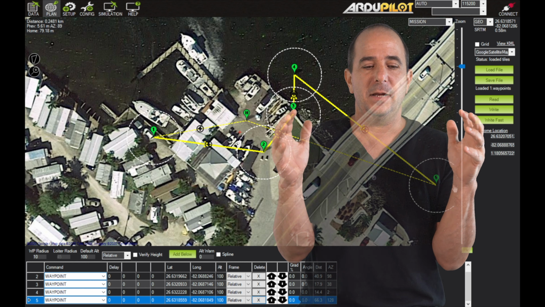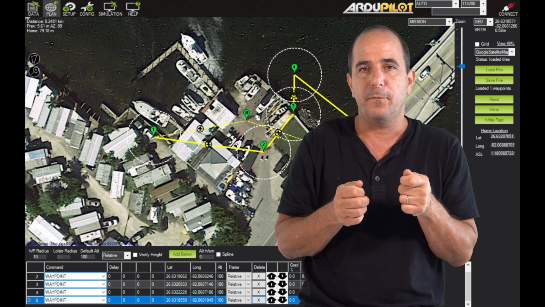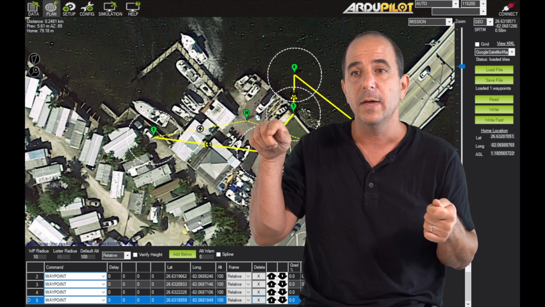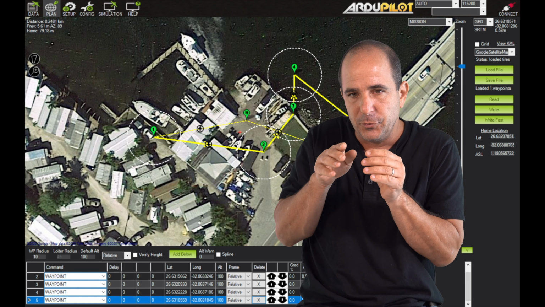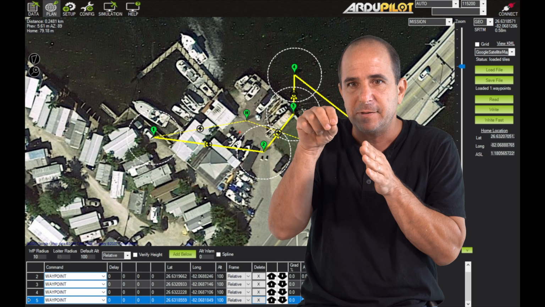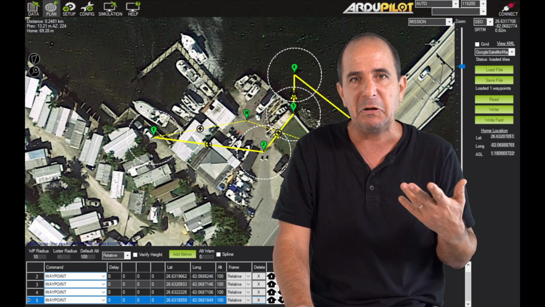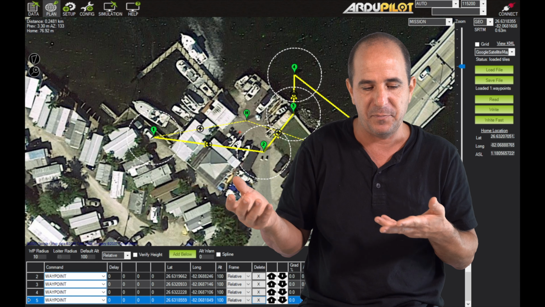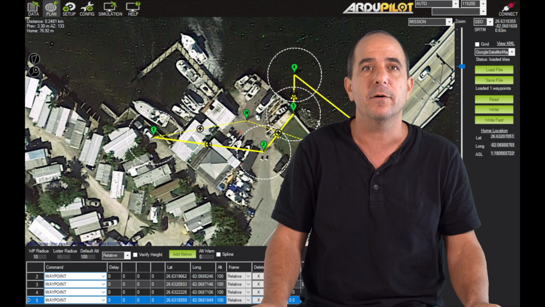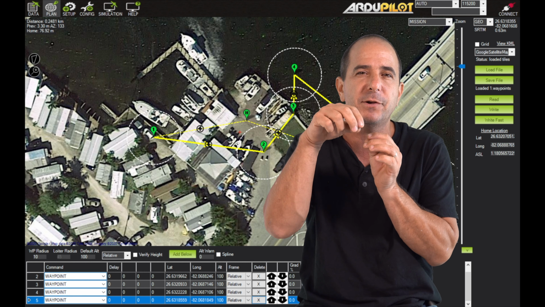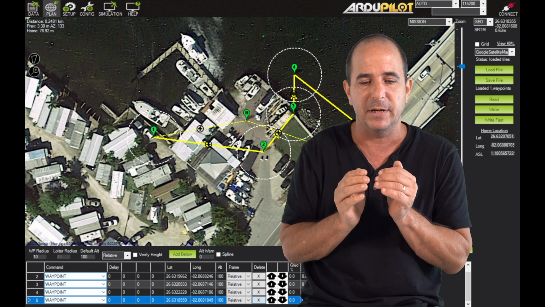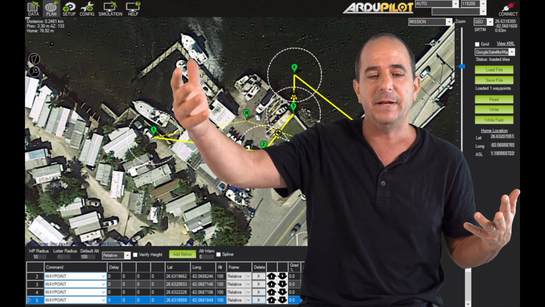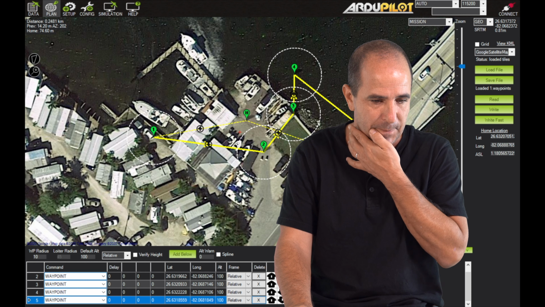So decreasing the radius of a waypoint would force a more accurate path of the drone, but it might force the drone to somehow search for this accurate positioning. A good positioning could be anywhere between 1 meter to, I don't know, like 10 meters, depending on whatever you want to do. If you're a photographer and you want to follow a very, very accurate path in the forest, you might be shrinking it to a lower radius. But if you just want to survey an area, then this radius could be larger.